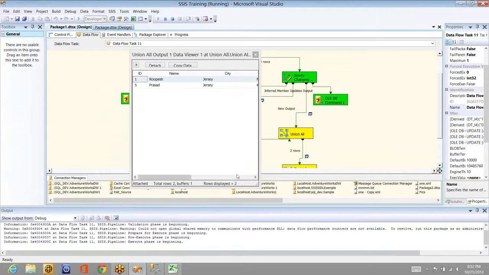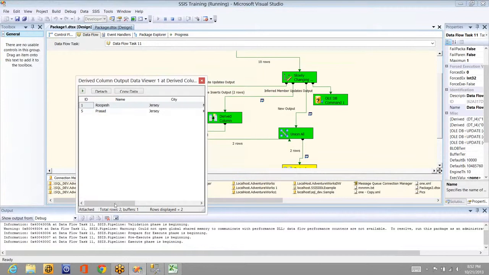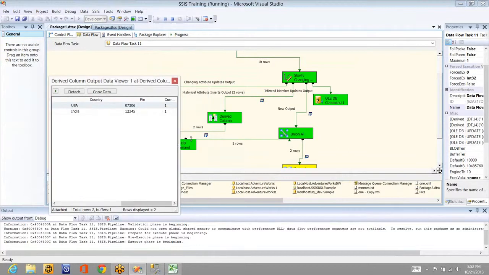Now we are at union all, it will be the same. Okay, and here Rupesh, New Jersey, and this guy will become 1. This is the one which is going to map. Here it is just an update statement. It is updating it and then getting the data. And here it is setting it as 1 and done.